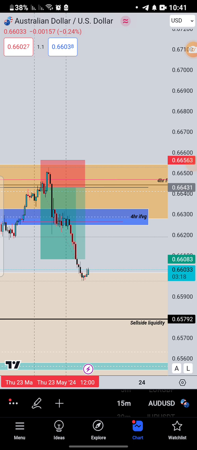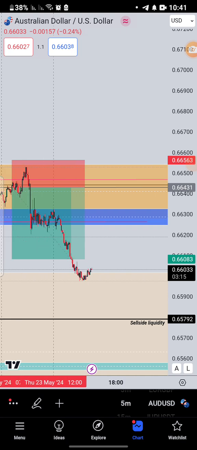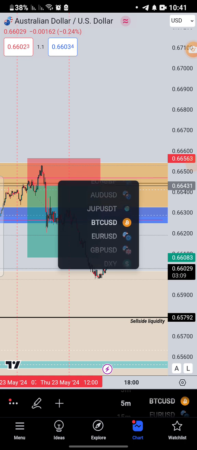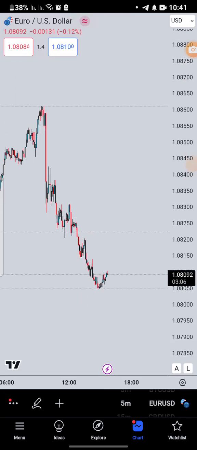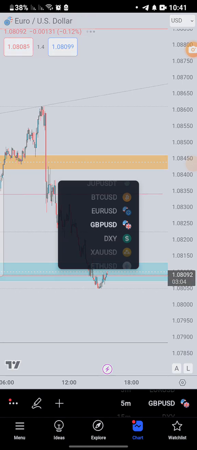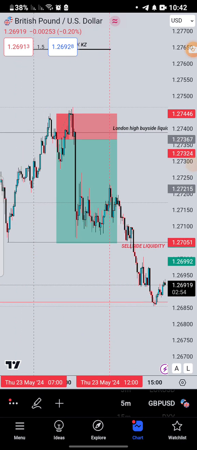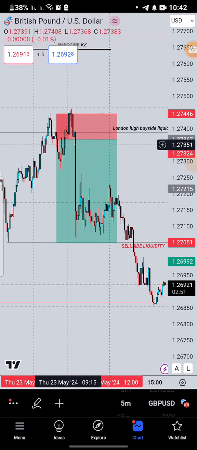Immediately I placed my trade for the AUD/USD, because I was looking at the AUD/USD. I also took a trade for the EUR/USD. I didn't mark up the EUR/USD, but I did the same trade for the GBP/USD. Yeah, and the same trade at around 9:35. That's when I took it. Upon this candle rallying lower, I took the trade, and then my stop above this zone, right above the candle's close.